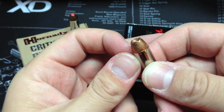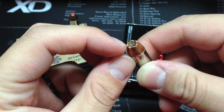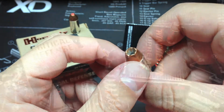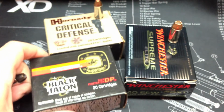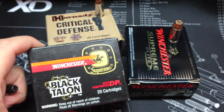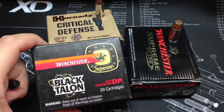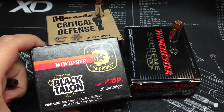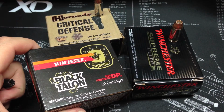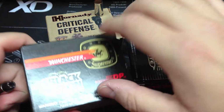Almost the exact same bullet like I showed before with the 38, and like I said, you can almost see the talons in there. Let's just do a quick little comparison. What I have here is the actual Winchester Supreme Black Talon Deep Penetrator from the 90s. This is the cop killing, armor piercing, super ammunition of the 90s that was fired out of the